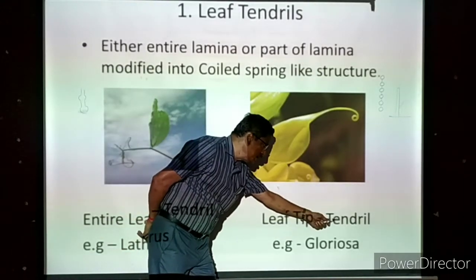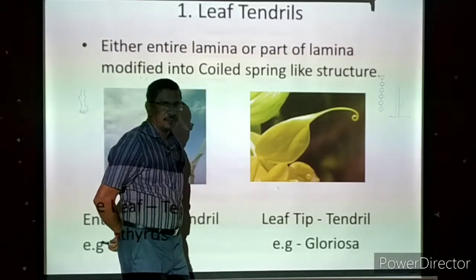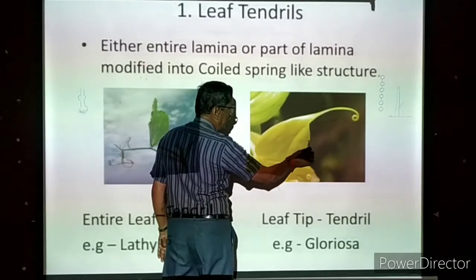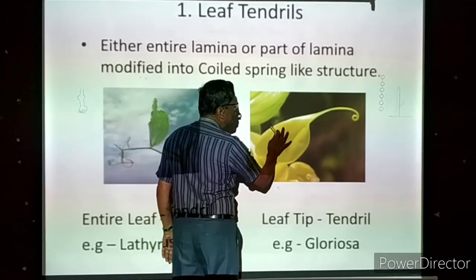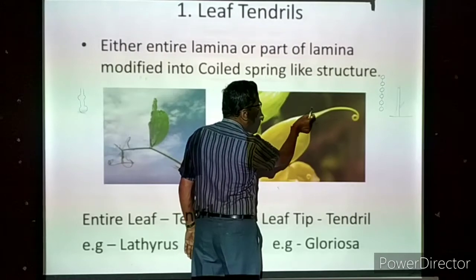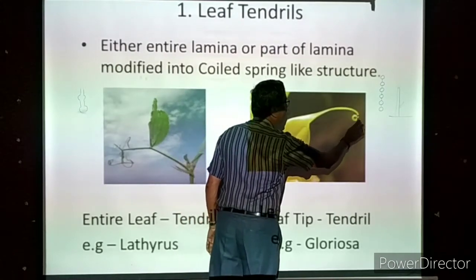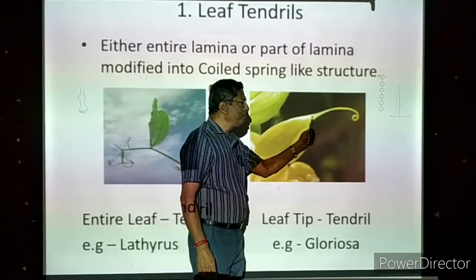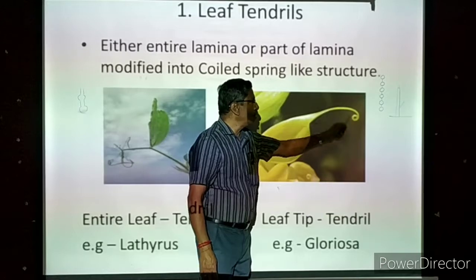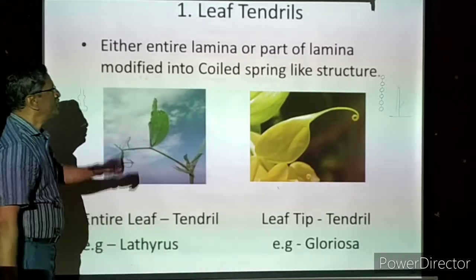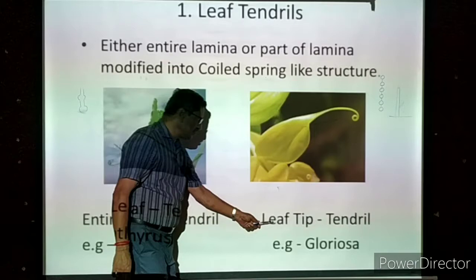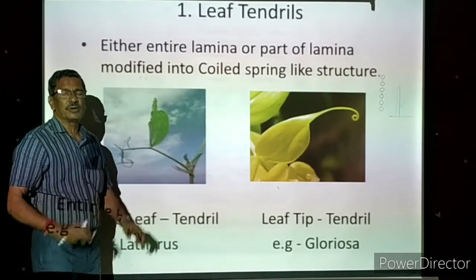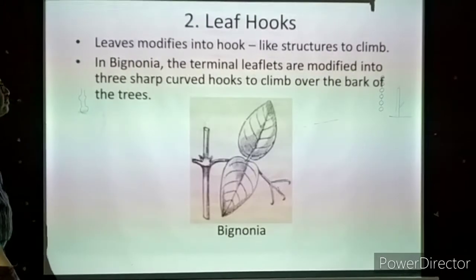Now you take this plant. The leaf tip is modified into a tendril, a spring-like structure. Example, Gloriosa. Now this is the lamina, this is the base of the lamina, the middle portion, but the tip of the lamina should be pointed here, but it is extended like a coiled spring-like structure. So the tip of the leaf lamina is changed into a coiled structure, that is a tendril. So a partial part of the leaf, the leaf tip, is modified in Gloriosa. But all these modifications are for climbing on the supporting plant.